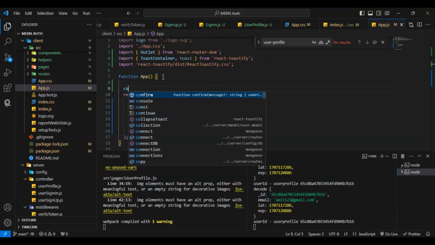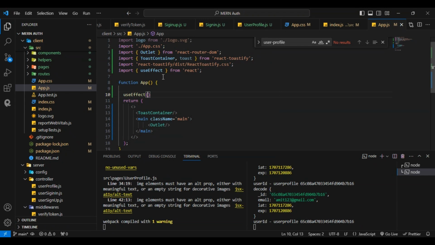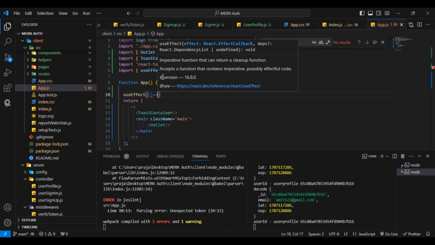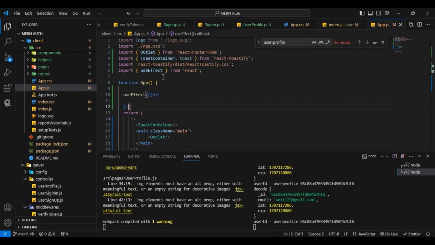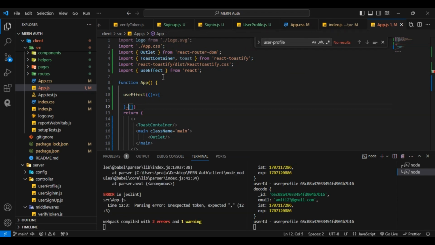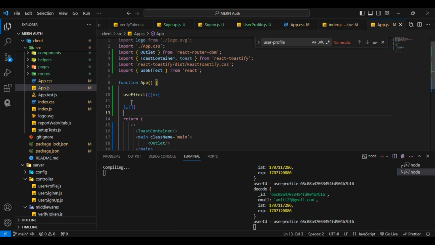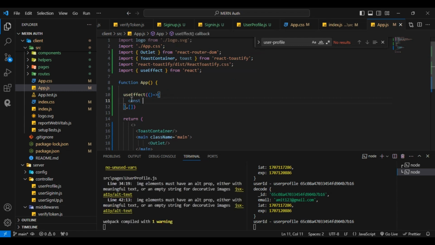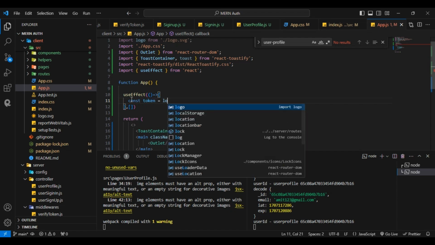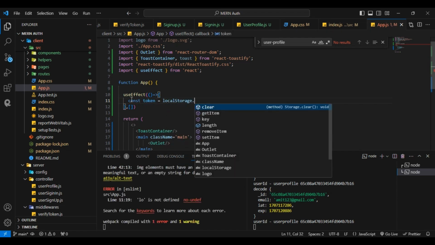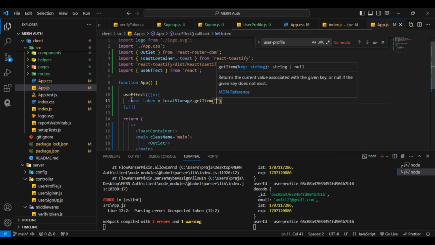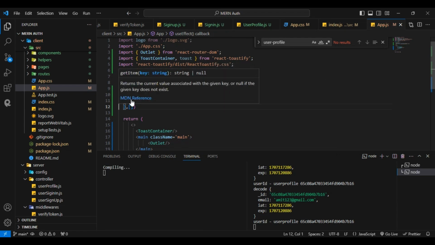For that, let me use a useEffect because I want to run this the first time when the page loads. Here I want to give the comma. First of all I want to check the token: const token equals localStorage.getItem for the token. If the token is available,